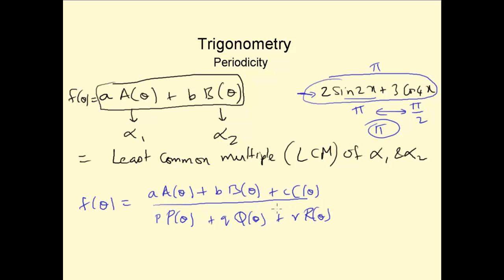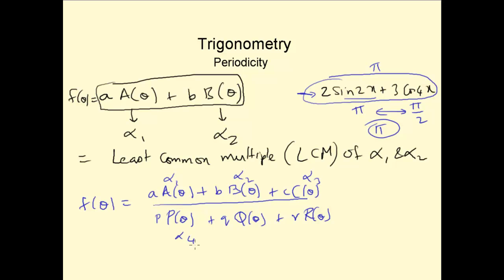So these are different functions, like sine theta, cos 4 theta, tan 2 theta, something like that. Or this could be the same as this, which is sine theta and sine theta, probably cos 2 theta and cos, something like that. Then each of them has a period, say alpha 1, alpha 2, alpha 3,